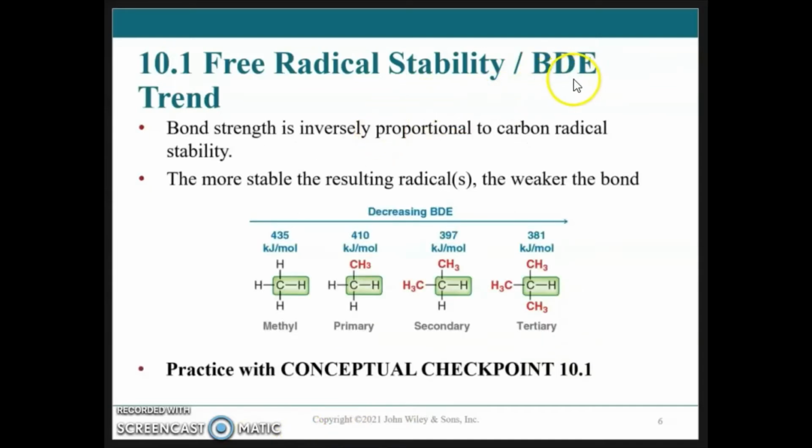So when we think of bond dissociation energy trends, the bond strength is going to be inversely proportional to the carbon radical strength. The more stable the resulting radical, the weaker the bond, the easier it is to abstract that atom. So the bond dissociation energy for methyl is 435 kilojoules per mole, going down to 381 kilojoules per mole for the tertiary